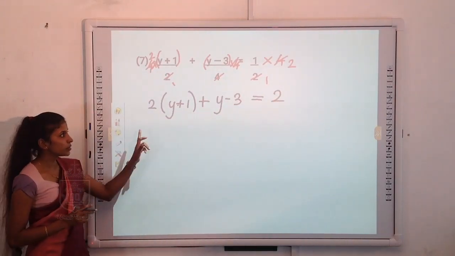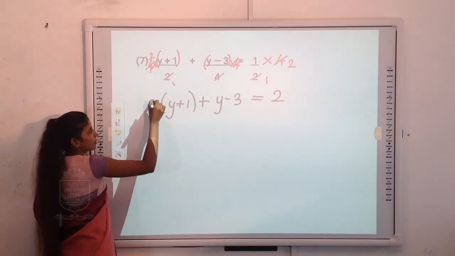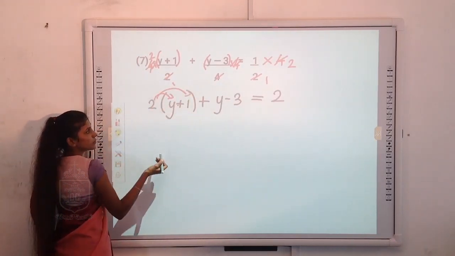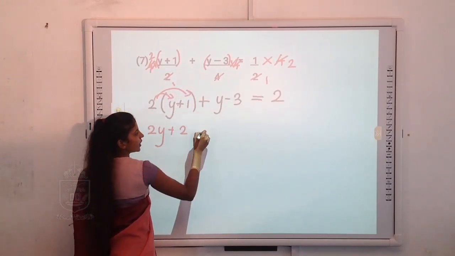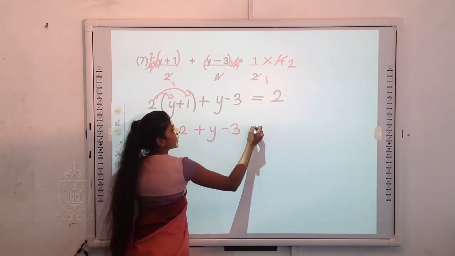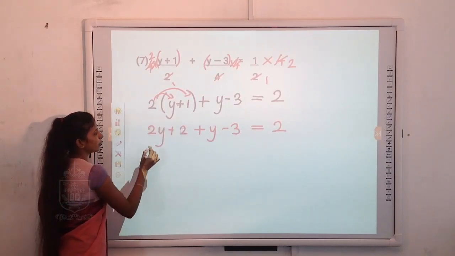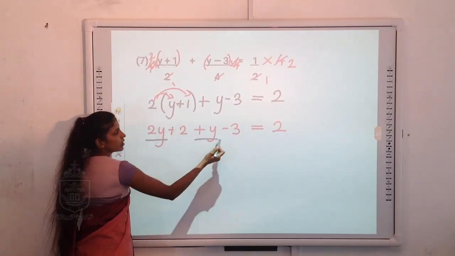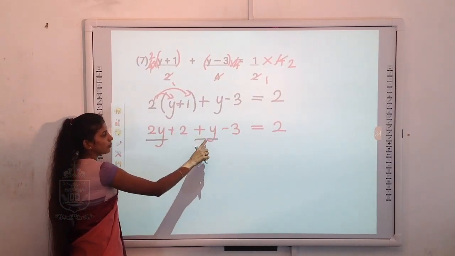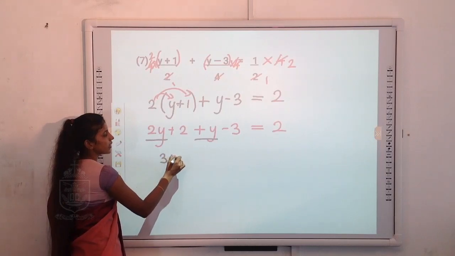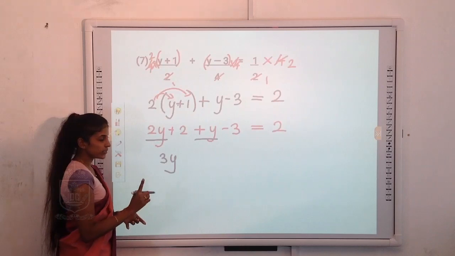Right, our next step is to remove the last bracket remaining. So you have to remove the bracket by multiplying. 2 times y, 2y. 2 times 1, 2. Write the remaining terms here and check for the like terms. Now you can see 2 y terms are there, here y, this also y. These two are numbers, so you can simplify them and take the final answer. 2y plus y, final answer is 3y. Plus 2 minus 3. 3 minus 2 answer is 1.